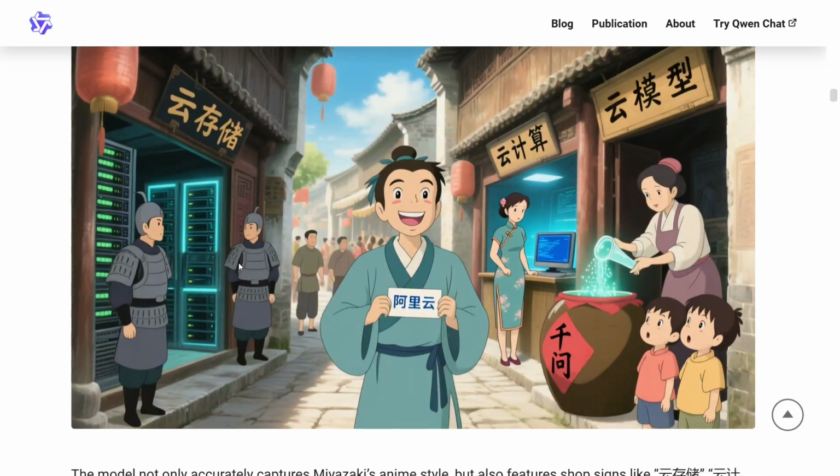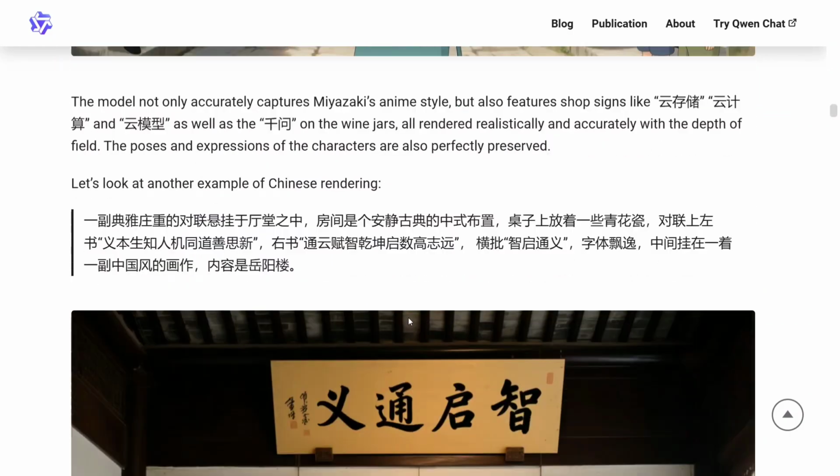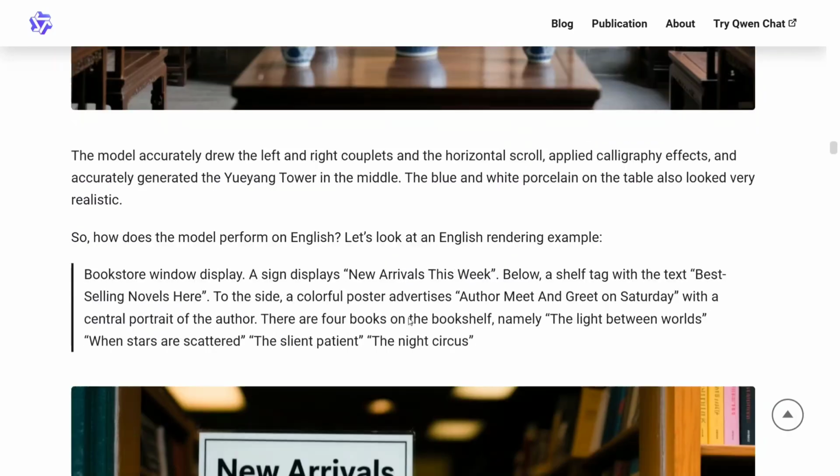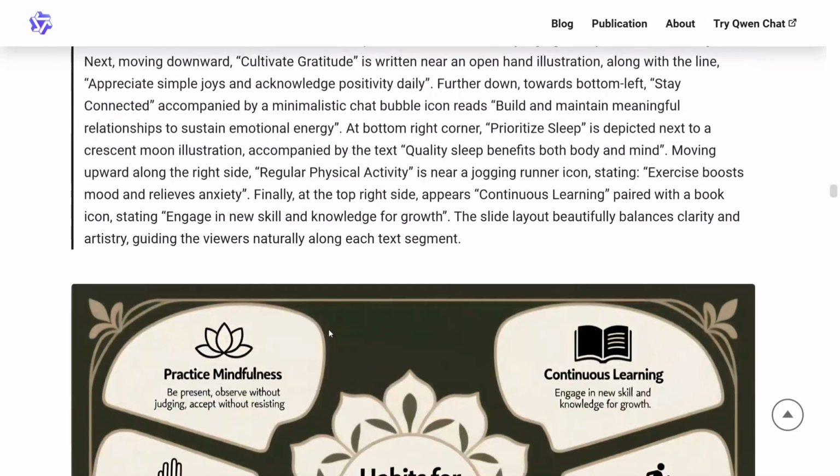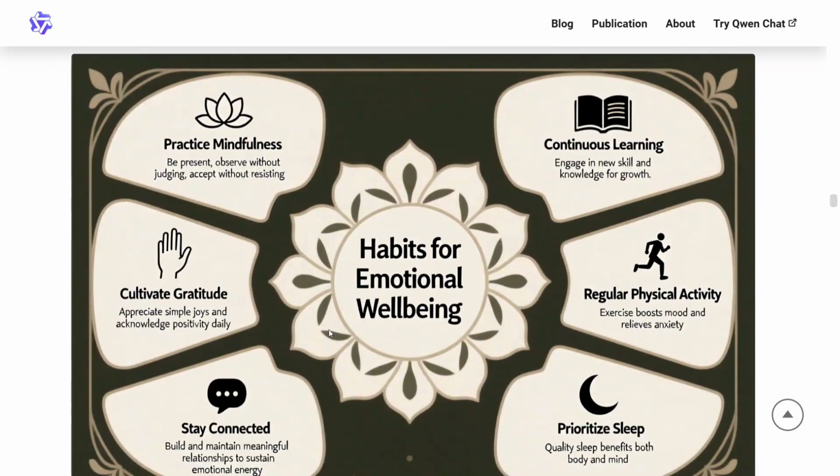There are certain demos as you can see. Image generation is quite cool. This is in Chinese, so I think you might not be able to understand. This you would be able to understand. New arrivals this week. Author meet and greet on Saturday. The text is very clear. This particular one, if you see